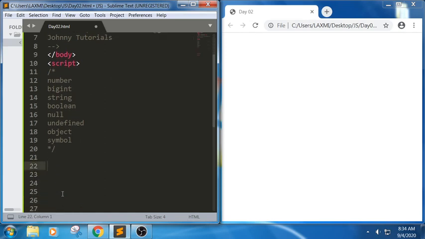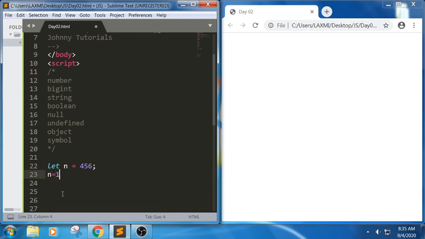Whatever we write, we will write in the script tag open and close. Let us start with the first type, that is number. Here in JavaScript, number represents both integer values as well as floating values. For example, let me write let n equals. As discussed in the previous session, we can declare a variable in 3 ways: var, let, and const. Now we are using the let keyword, and I am passing 456. We can call this a number value, in the sense number data type.